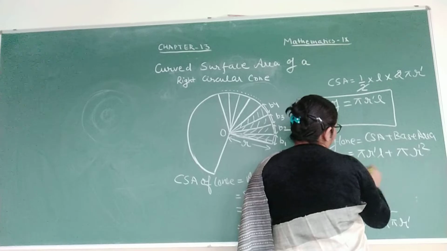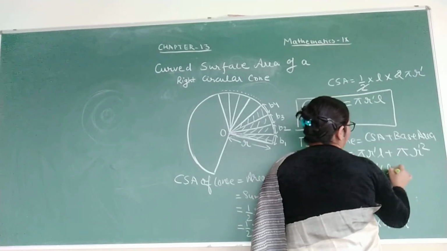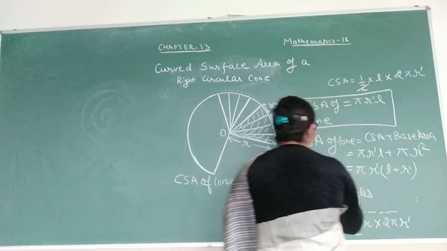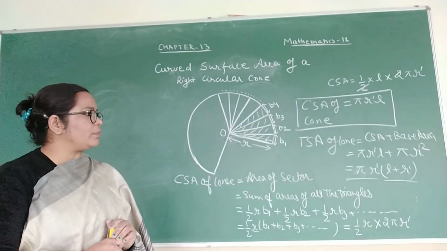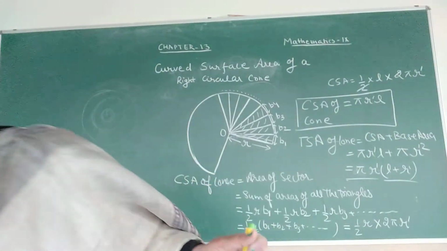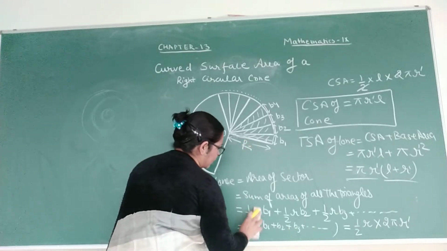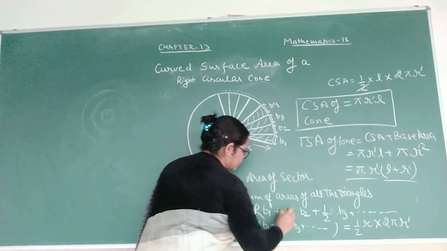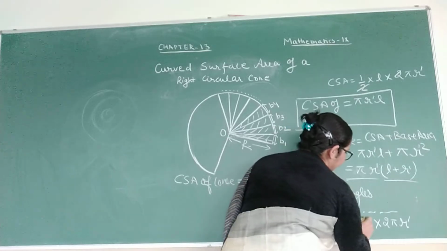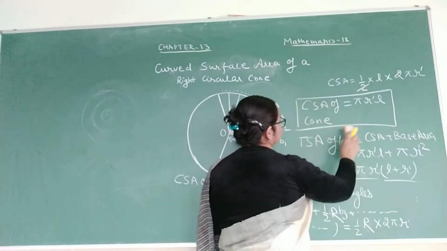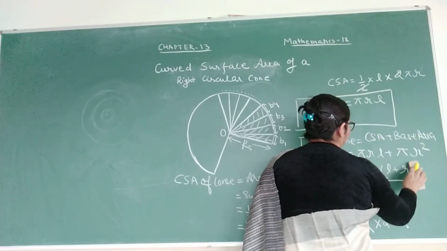Later on we can replace this r dash with r also. In general writing, the way of writing the formula, we can take r dash common here and plus r dash. So what is the formula for TSA? It is pi r dash into r plus r dash, where r dash is the radius of the base of the cone. You can replace this r dash with small r. Even this radius can be represented by capital R, just to distinguish, and we'll take it as R. No need of dashes. Okay, I hope you all have understood.